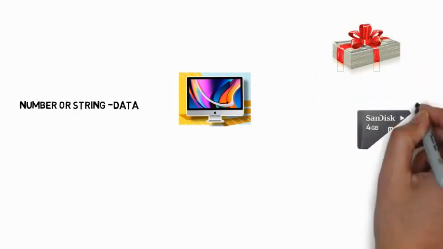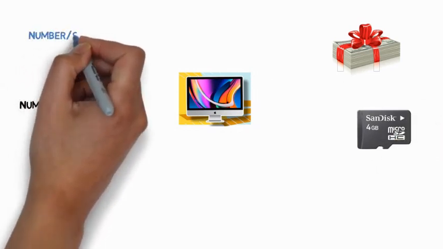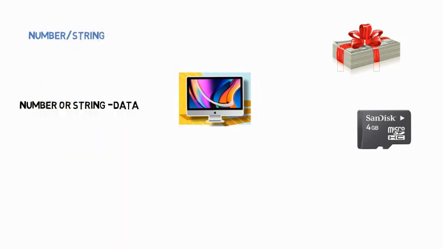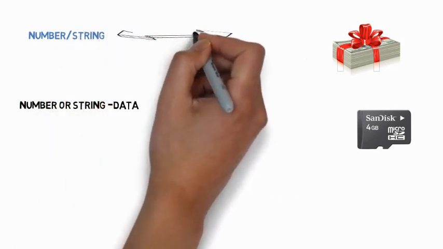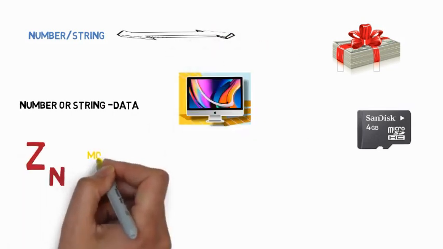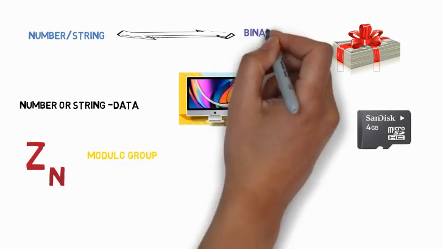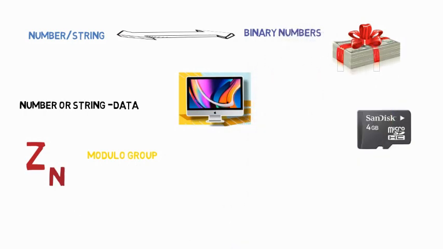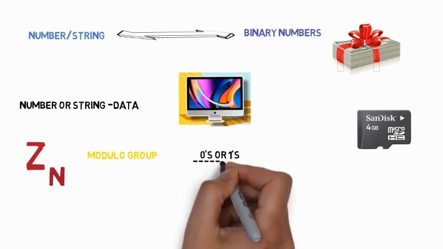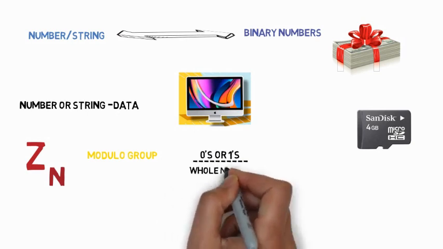A 4 GB memory card can store a lot of data which cannot be stored directly inside the disk. It should be converted into some other forms which are very easy to handle. This is done by the process called addition modulo group in mathematics. This represents the numbers as binary digits. Binary digits means something in the form 0, 1. The first two digits of the whole number system are taken. These are the very formal representations of memory in computers.